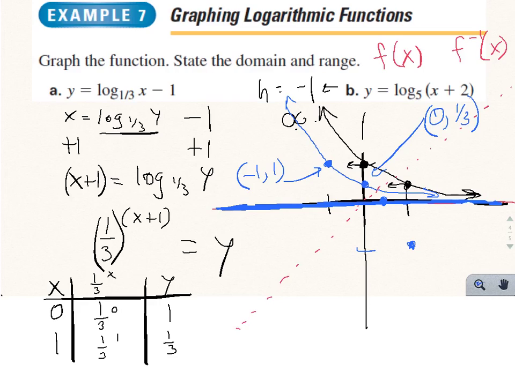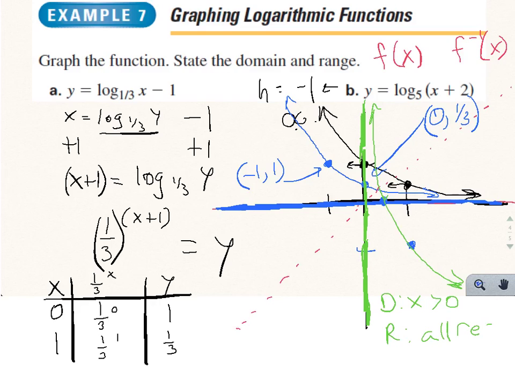And then what we have to notice now is that our asymptote will shift from being a y equals to an x equals asymptote. It swaps. It becomes a vertical asymptote. And then I draw my graph to look mirrored, here and there. So now what we have is a domain of x greater than 0 and a range of all real,